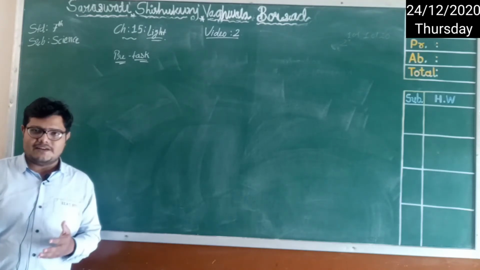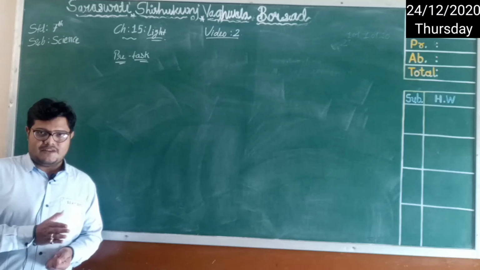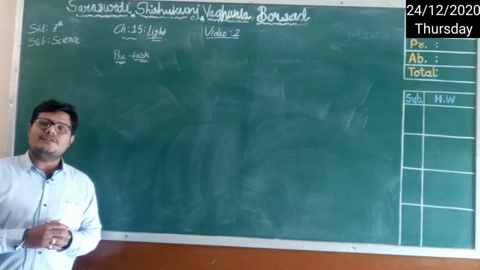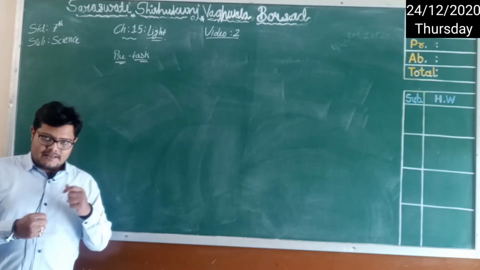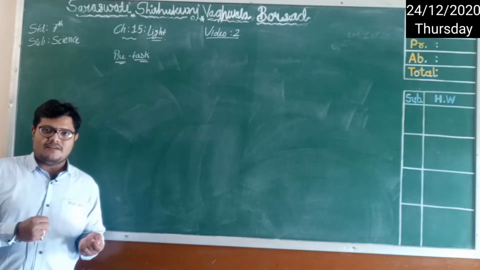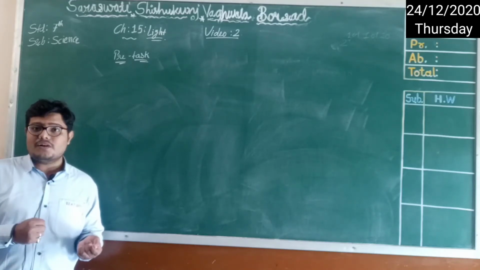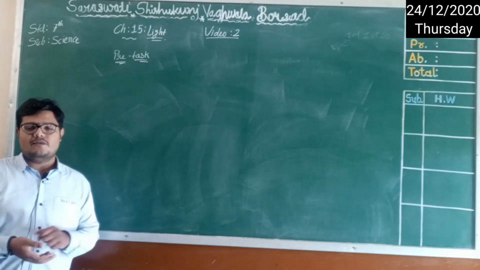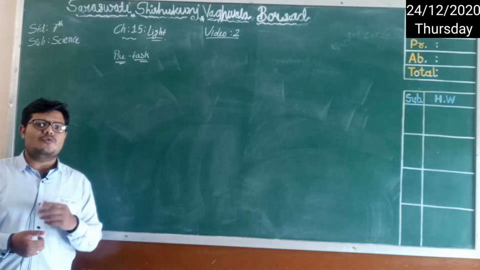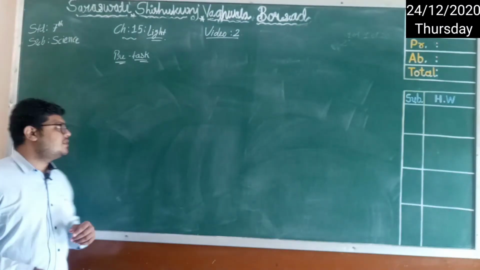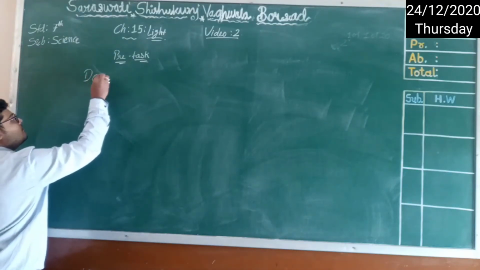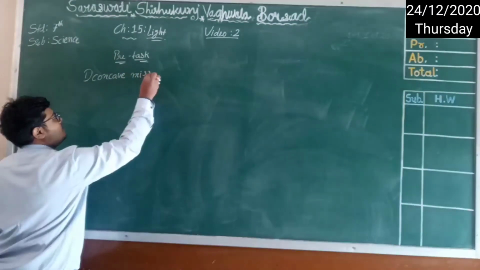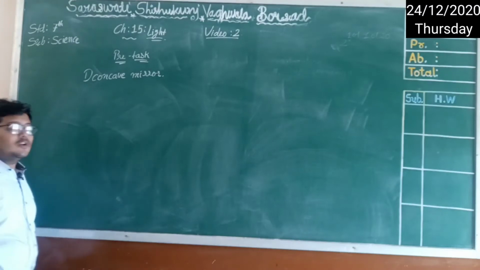And we studied about the image reflection that appears on the opposite side of the object inside the mirror. We also understand that what is right for the object will be left for the image, and if it is left for the object, it will be right for the image. Then we understand that there are two kinds of mirrors. First one is concave mirror, and second one is convex mirror.